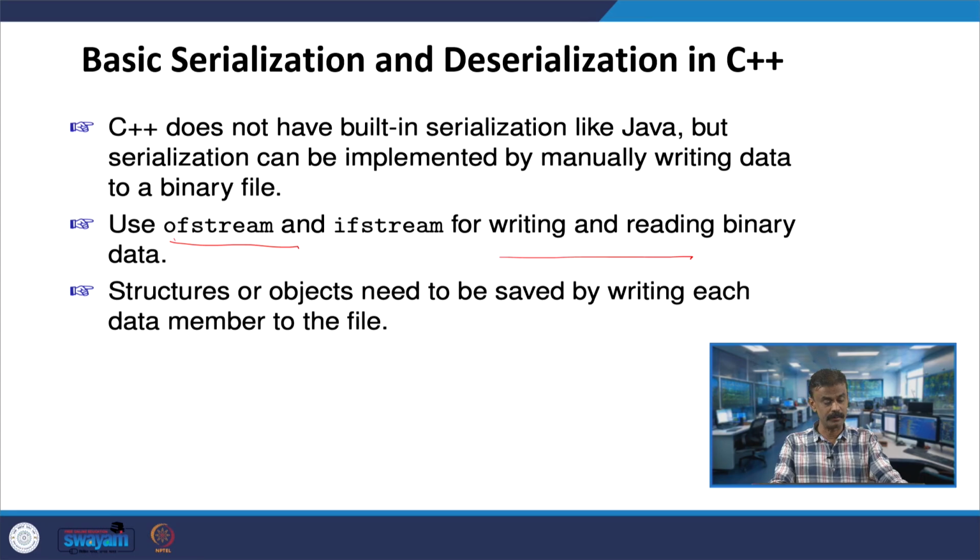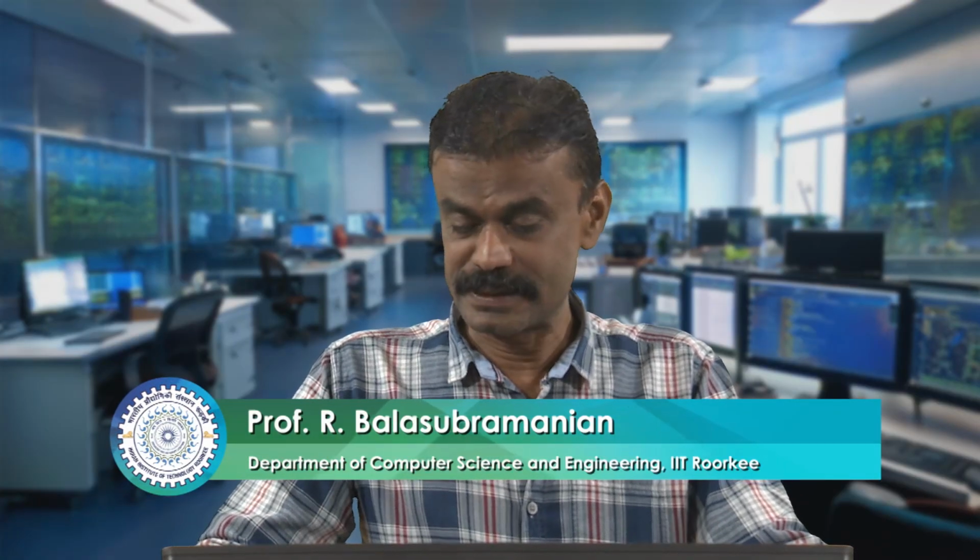Finally, structures or objects need to be saved by writing each data member to the file. In the next class, we will talk about the basic serialization and deserialization in C++ as well as Java.